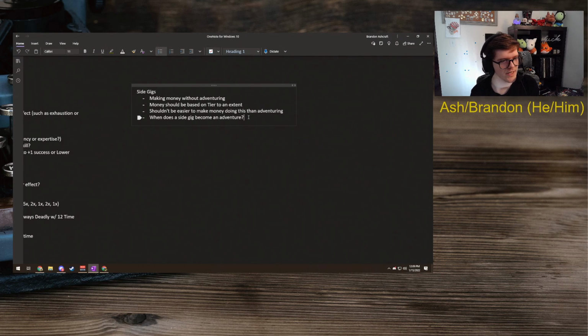Alternate take, go adventuring for things other than money, things money can't buy. Clear out this nest of gnolls in order to be commissioned by the Duke. Prestige and improved lifestyle. Also magic items that you can't just buy in shops. Yeah. And again, that depends on what you're trying to get out of your game.